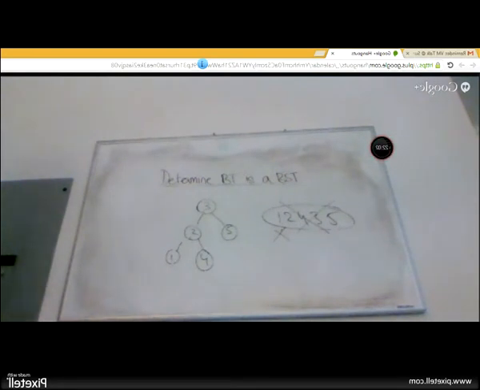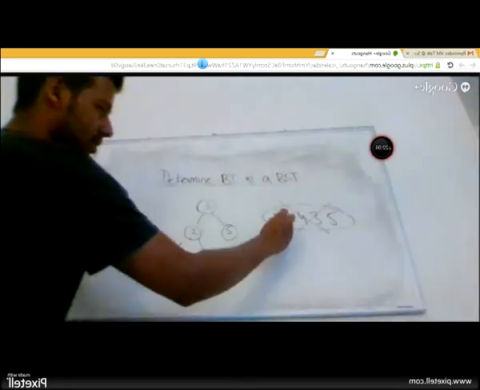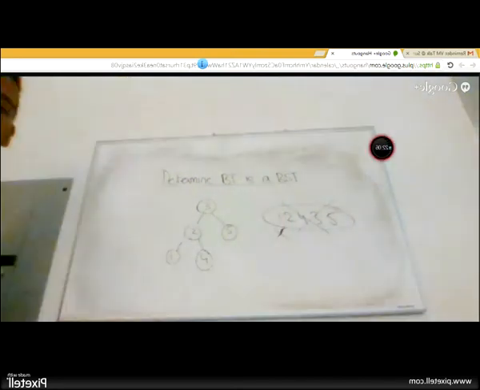What else can I do? Similar to what Chaitra said, check the predecessor and the successor for every node. For every node, I find out my predecessor and successor.